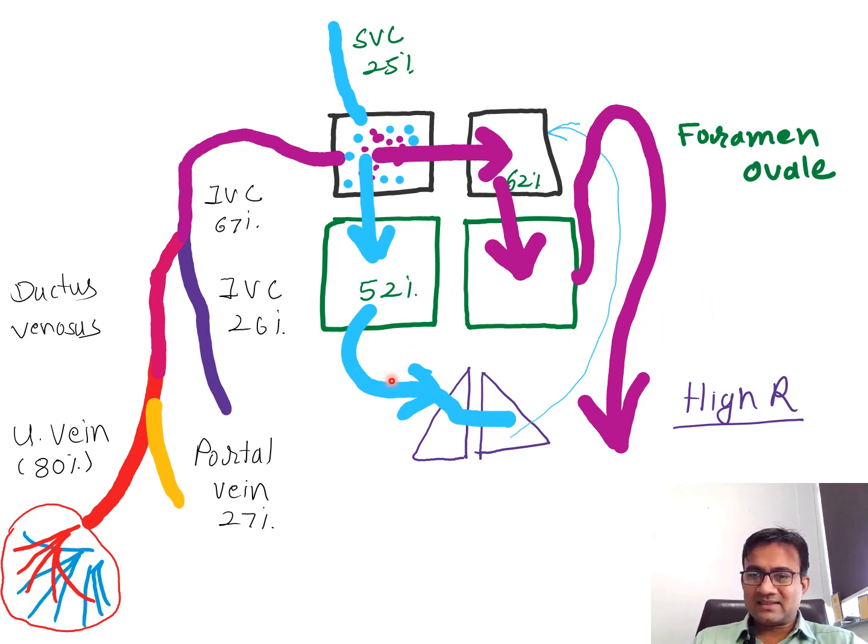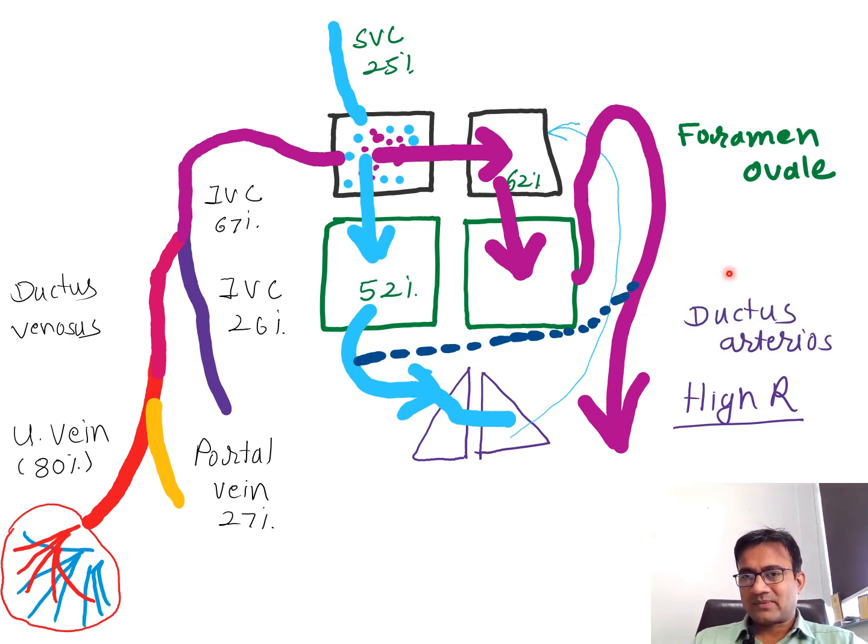So here there is another duct, the ductus arteriosus, because of which blood goes from this side to the aorta. So that way blood is passing. I can say that the deoxygenated blood here is 52%, and by this time it is 62%. So 52% blood is going to the aorta, but it goes into the descending part of the aorta. See, this is the ductus arteriosus.